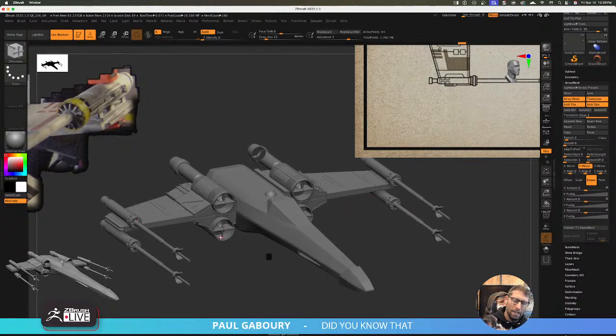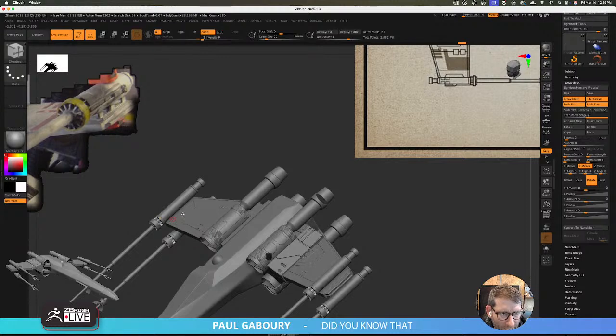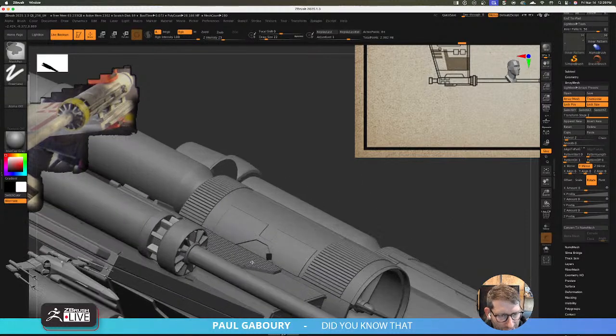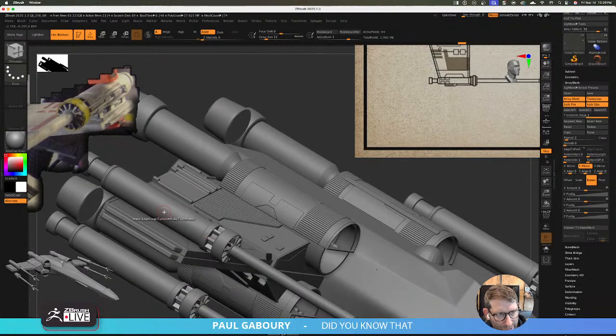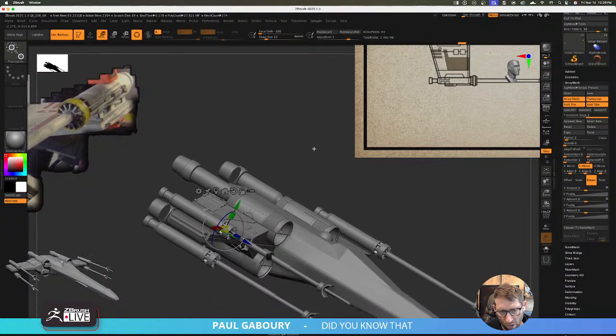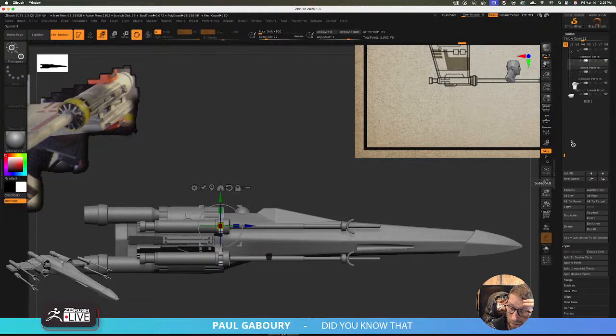So as I use array, it's just another technique I'm trying to show and highlight. That's what I'm looking for in there, to have something like that. And that's that. So now let's come over on this side and we need to get some kind of little piece in here and then go from there. I like to keep making new subtools personally. So I'm going to duplicate again, rename this. I'm going to call this side cannon